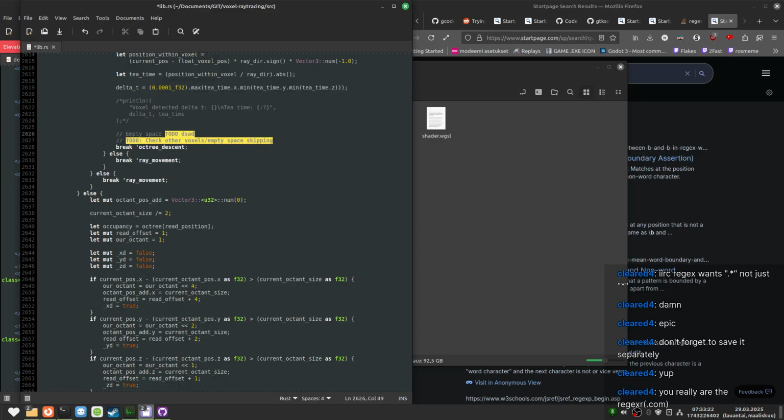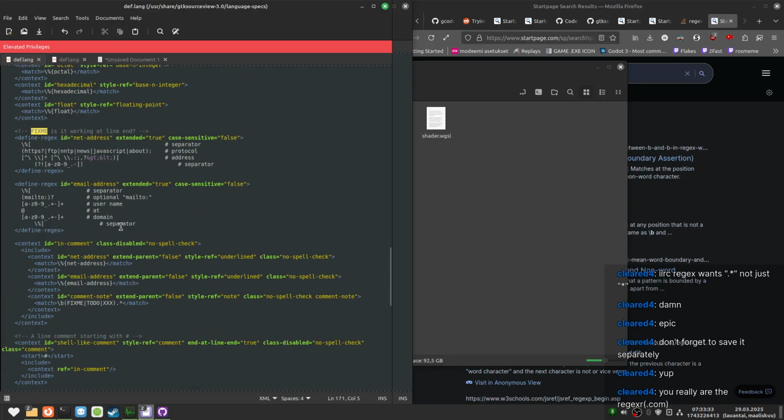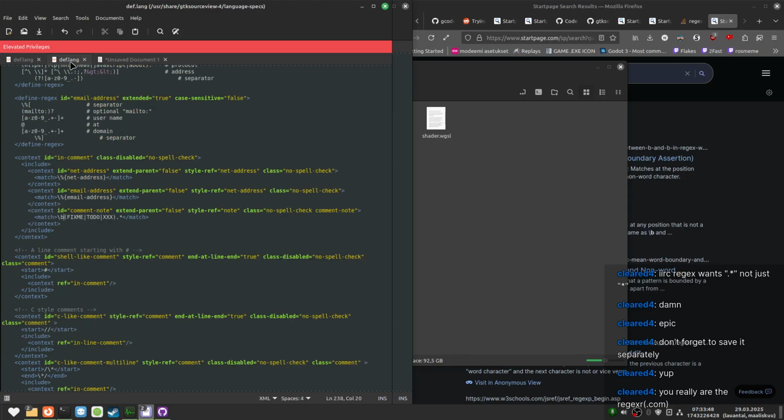If I have it in the middle, then it will just highlight the rest of the line. I think that's sensible logic. I couldn't get it to highlight the entire line, but that's fine. I could separate this into a thing where I don't do this in comments, but I just do it everywhere, right? Yeah, I like that.